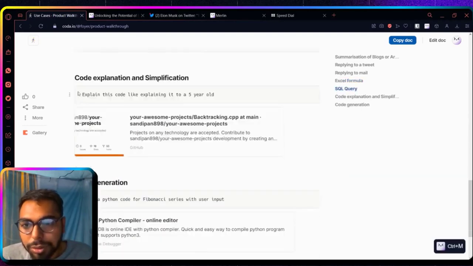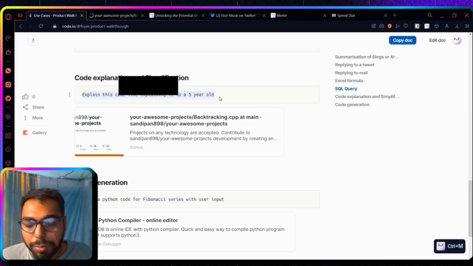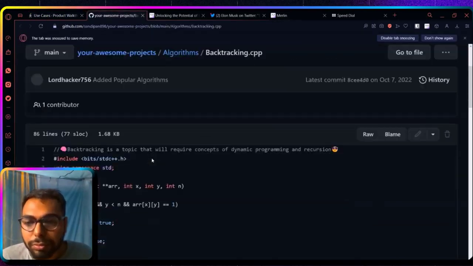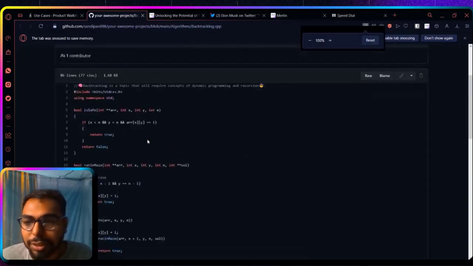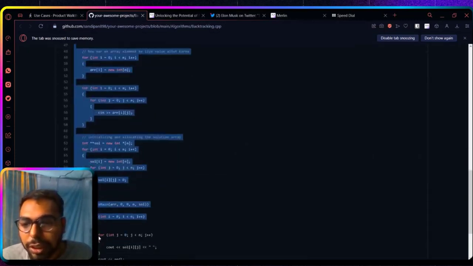And let's go to the code simplification option. So I will just copy my prompt from here. Sorry, my screen is zoomed in. I will just select the whole